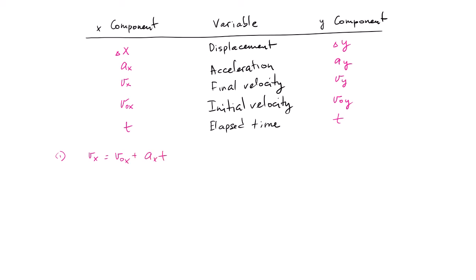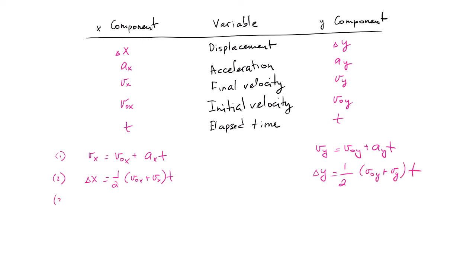For the y component, we will write v_y equals v naught y plus a_y t. Second equation, we can write delta x equals 1/2 (v naught x plus v_x) t, and then delta y equals 1/2 (v naught y plus